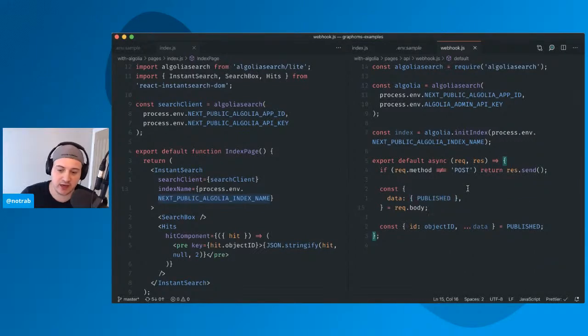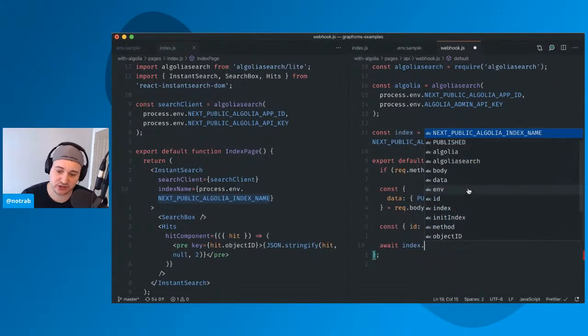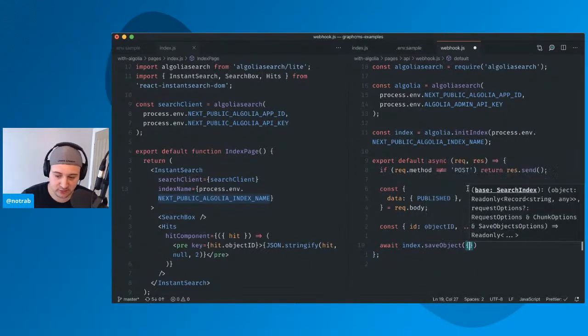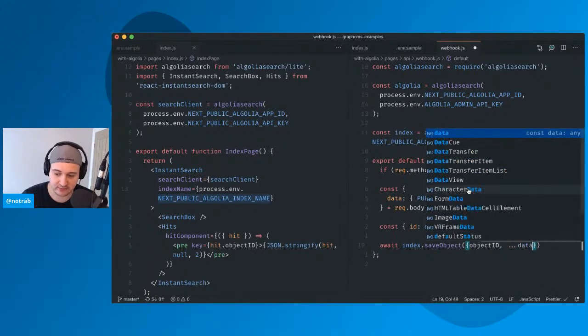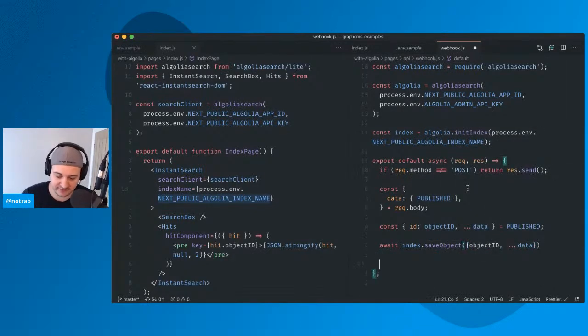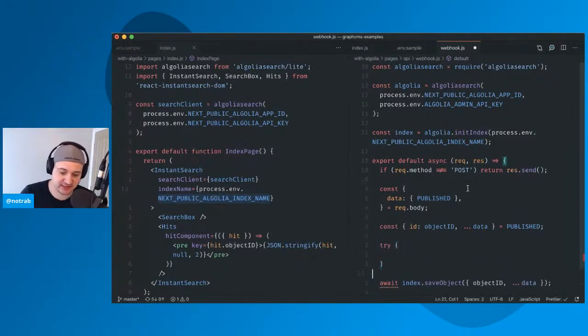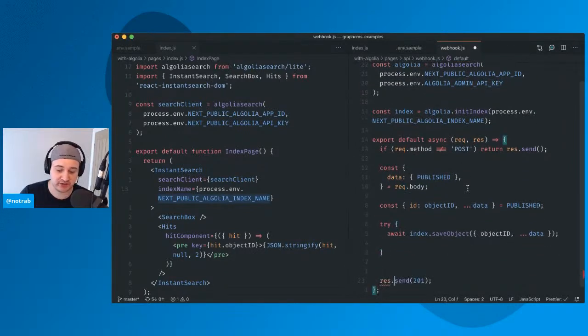It's nice just to be able to go, okay, I'm destructuring data, and then down here I'm creating something else. And then it's simply doing an await index.saveObject. And then inside of here, we'll do that objectID, and we'll spread in data. And then for good measure, we will do res.send, and we'll send a 200 back. I'm not sending anything back to the browser other than the status code. In a real world production app, you maybe just want to wrap this in some kind of try-catch block,